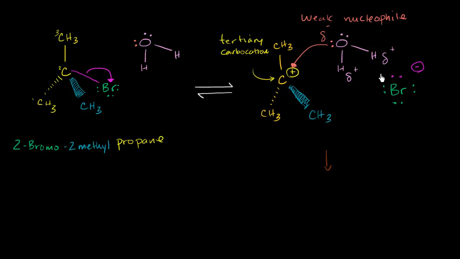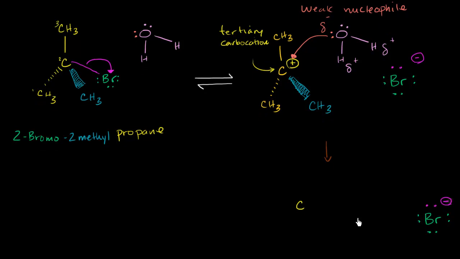And let me just copy and paste the bromine so I don't have to redraw the whole thing. So that's our bromine right over there. Let me erase this little smudge and make sure it still has a negative charge. So it's a bromide anion now, and now let me draw everything else. I have this carbon, let me scroll down a little bit so I have some space. I have the carbon in the back, CH3, the carbon on top, CH3, the carbon in front,